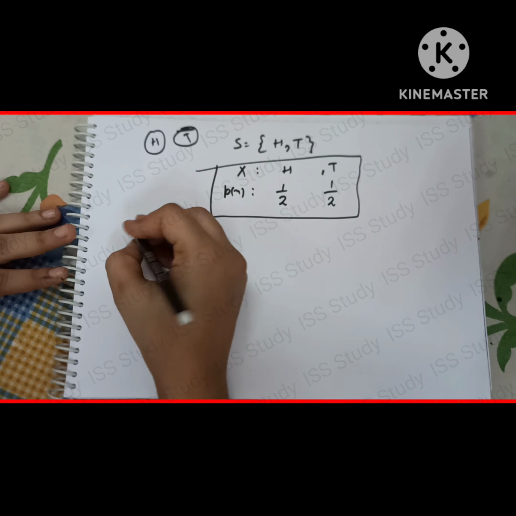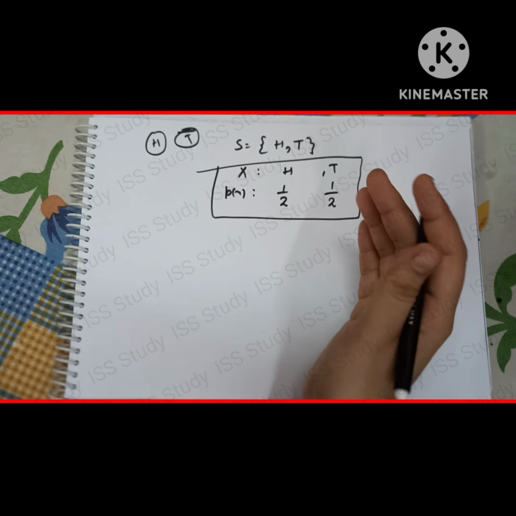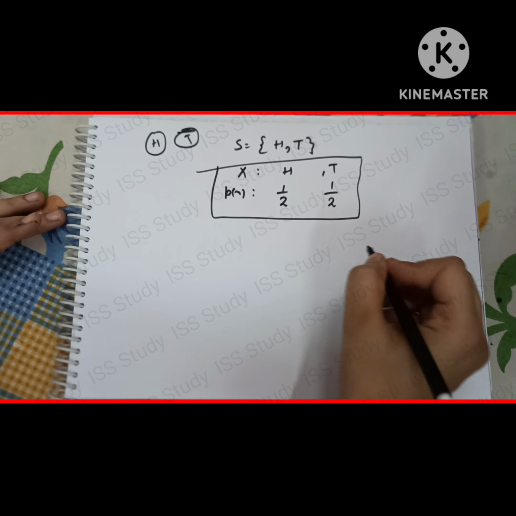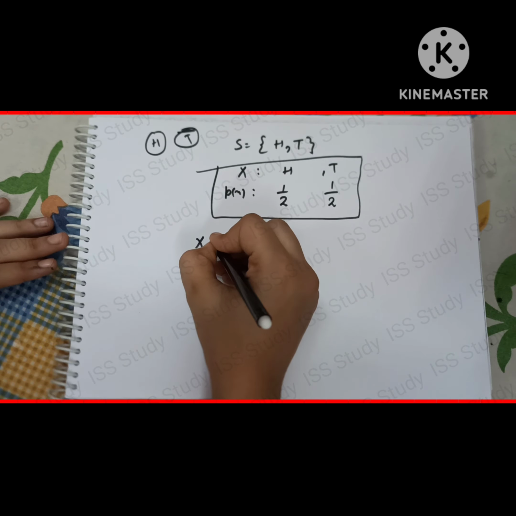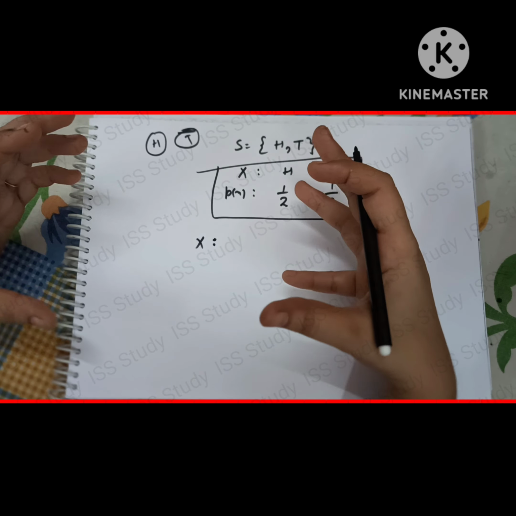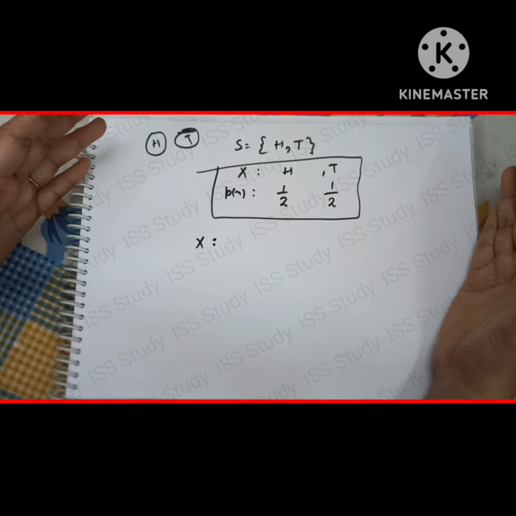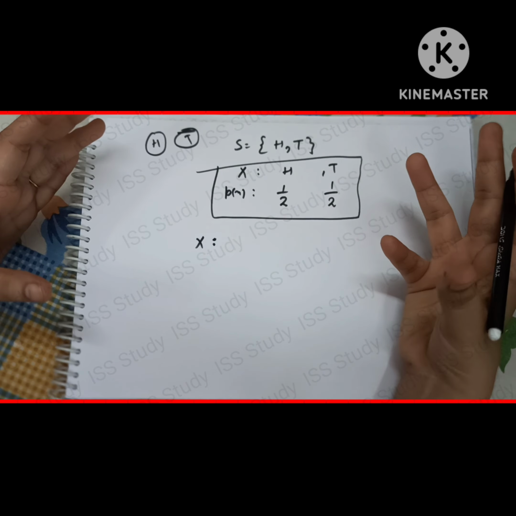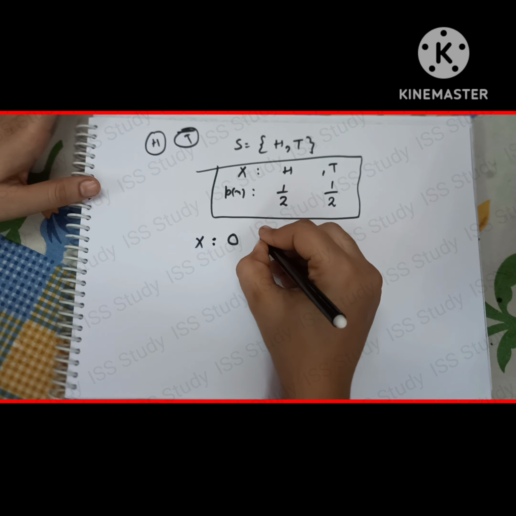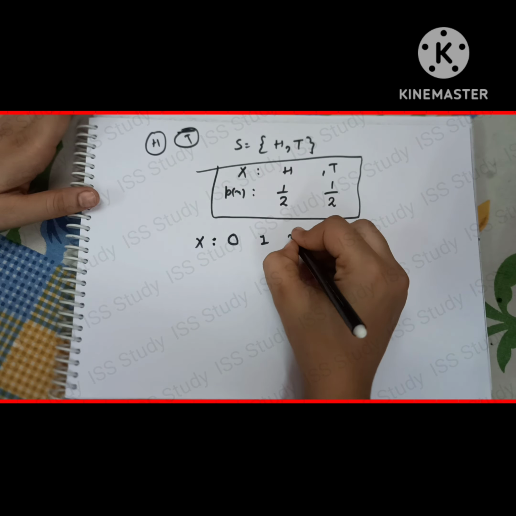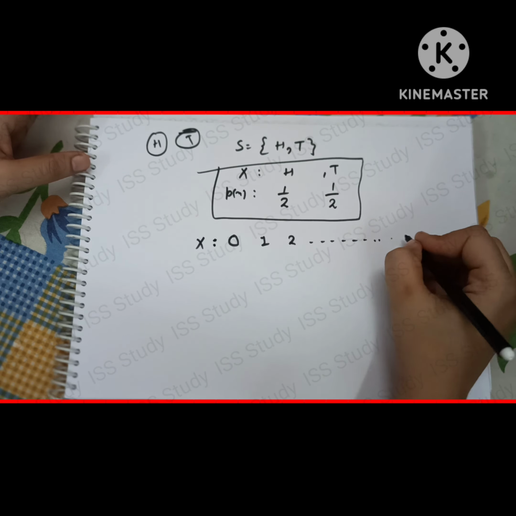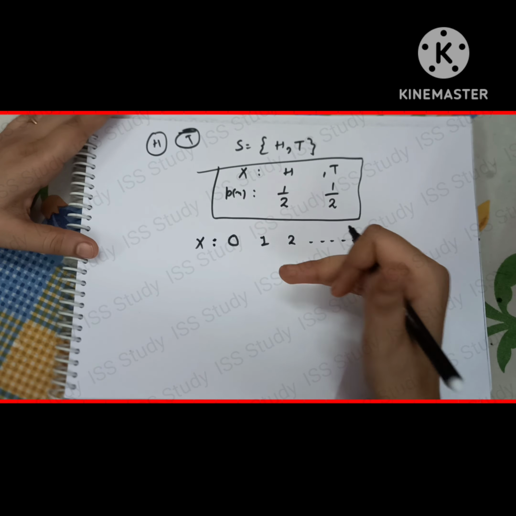Okay, now after that, the second real life example would be the number of kids in a family. So obviously suppose you have a family where you have total 4 kids. So you can write down the number of X, it will take value. Obviously there are many possible cases, right? So I am just taking a general example where I am counting the number of kids in a family. So if I am considering suppose 10 families, in these 10 families, how many possible outcomes are there? It can happen that there would be no kids in that family. It can also happen that in a family there is 1 kid. It can also happen that there are 2 children in that family, up to many children in a family, right? So X will take possible values like 0, 1, 2 up to and so on.